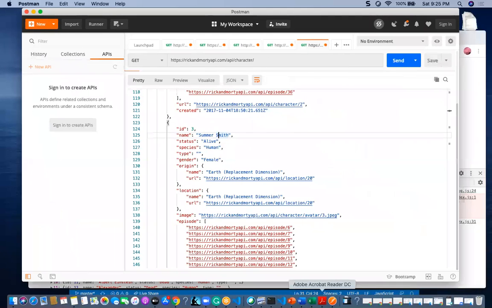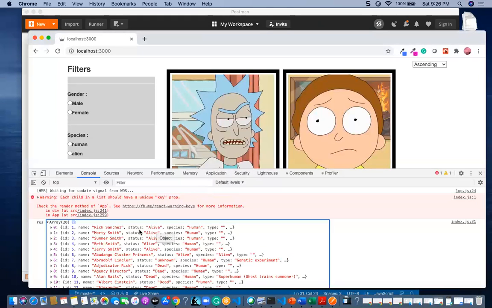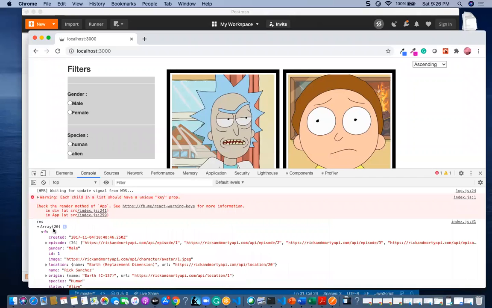With Axios I am going to call all these API details, and I have console logged all of them. Here I have captured this created Rick and Morty, and status alive. All those things I have captured and got as a response.